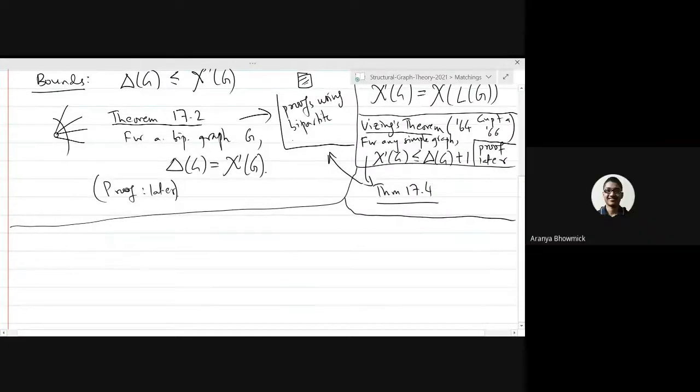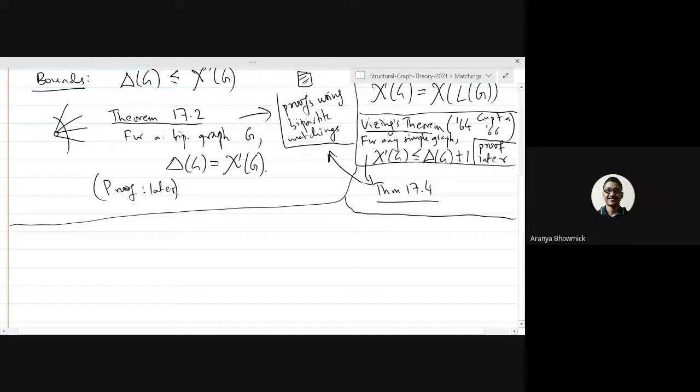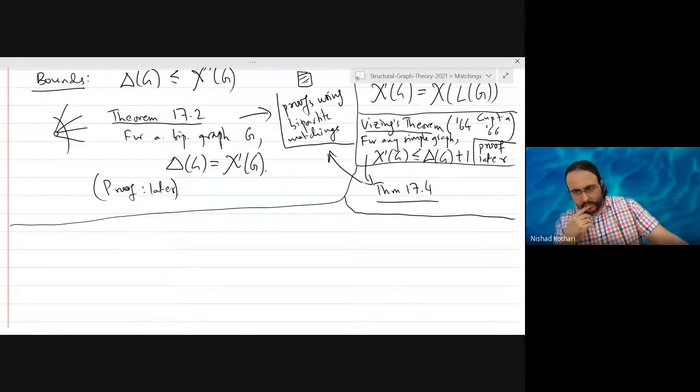So you will do the proof of Vizing's theorem using bipartite matching. Although there is another proof of Vizing's theorem that is purely graph theoretic, we will also be seeing the purely graph theoretical proof. I think there are at least 4 to 5 different proofs of Vizing's theorem. But I did not know of the proof we are going to cover during my PhD. I did not know that you could do it just using bipartite matchings.